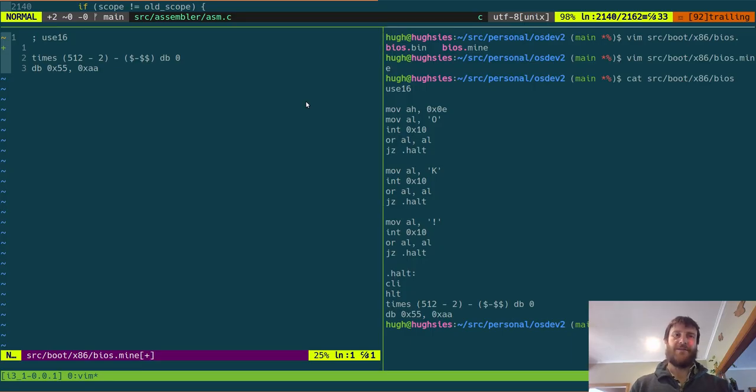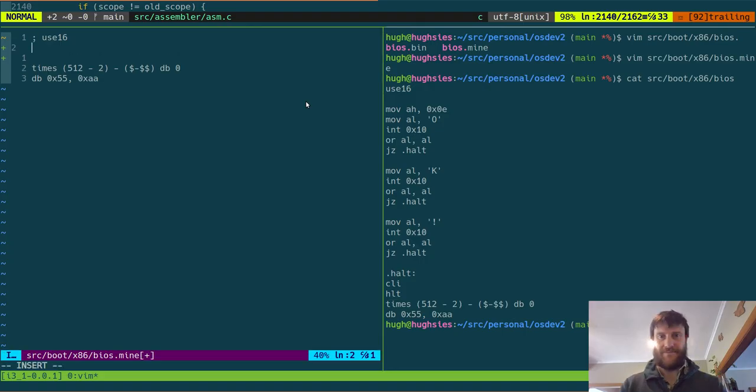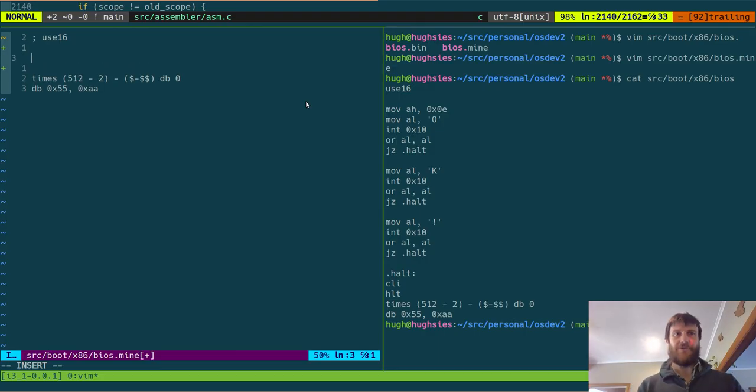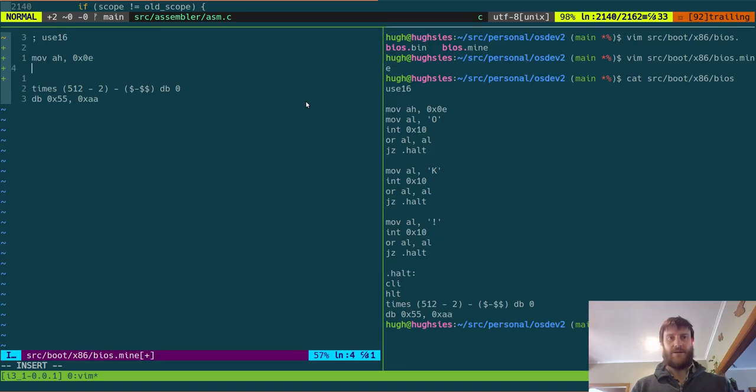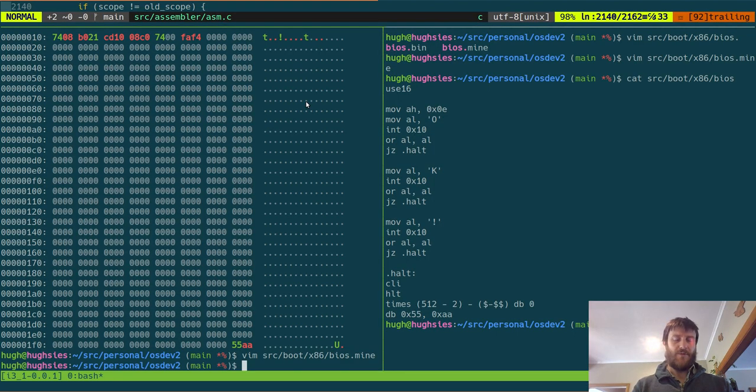So I think I might add in a comment just so I can get some way to comment out code. And I also want to add in the feature to be able to write 0E and move AH. And we'll start with that and see if we can assemble that down. So this currently will not assemble, and what we can do is